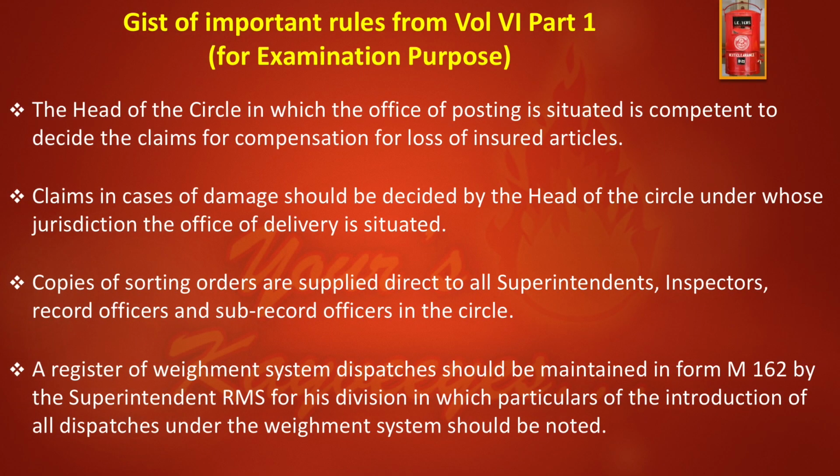The head of the circle in which the office of posting is situated is competent to decide the claims for the compensation of loss of insured articles. Claims in the case of damage should be decided by the head of the circle under whose jurisdiction the office of delivery is situated. Copies of sorting orders are supplied direct to all superintendents, inspectors, record officers, and sub-record officers